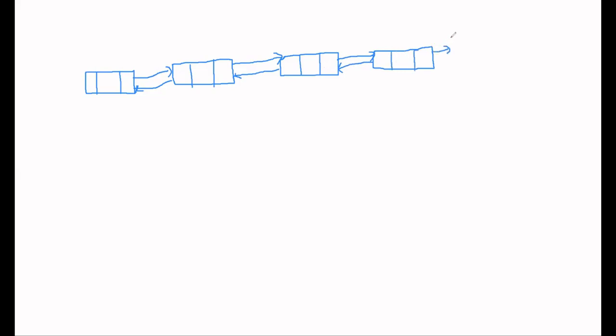Our last node's next will point to a null value because it is our last node. After this there will not be any node, so it will point to null. Our first node's previous will point to a null value because in front of the first node there will not be anything. And the head pointer will be given to us, pointing to our first node. Let's say 10 is stored here, then 2, let's say 3, and 40 is present here.